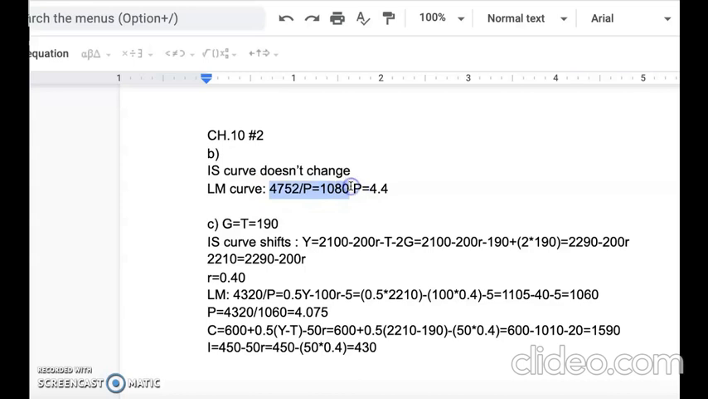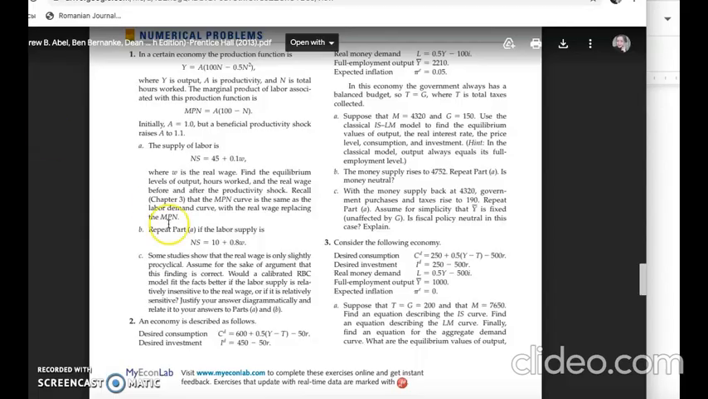Looks like this, and we can see that our price is changed to 4.4, and we can say that no real variables are affected, and the price level rises 10%, just as the money supply did. So money is neutral. What about part C? With the money supply back at